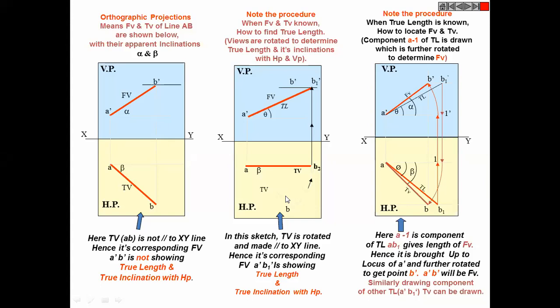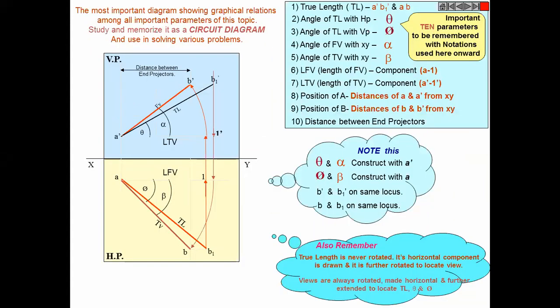Is there any doubt to anyone how to solve this? Sir, the angles must be given, this theta and phi. Yes, theta and phi, two angles with true length are given. Ultimately, you first of all need to draw the box. Whatever things are given, you should fill up, and the remaining things you need to find automatically. That's it. Clear? Now we will see it further.